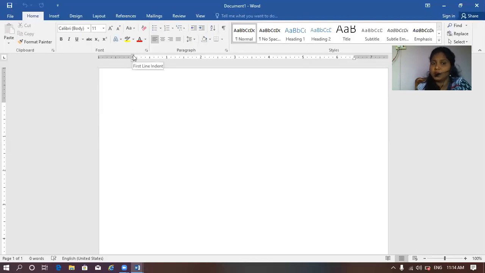The upper one is divided again into two parts. The first one is called first line indent. Why? Because we can move that separately also. So for that reason, this is first line indent. And the down one is called hanging indent. The down one also we can move wherever we want.